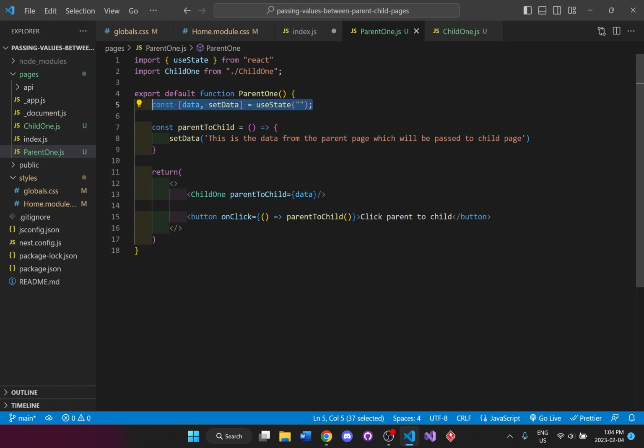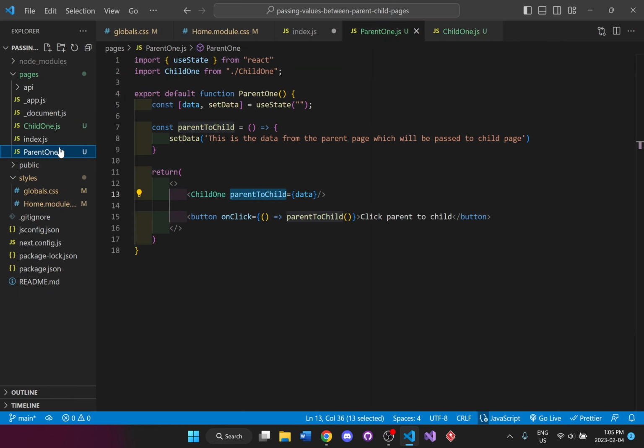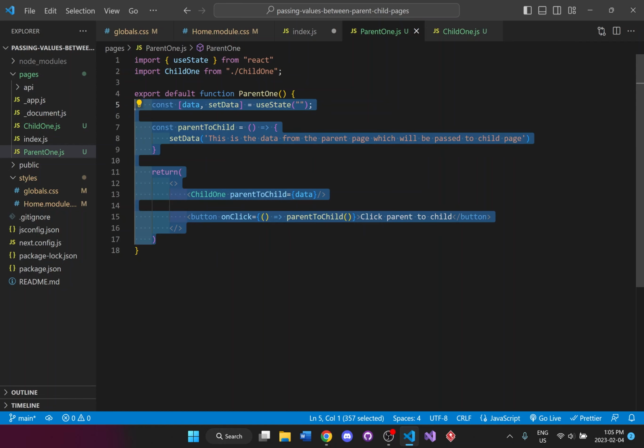And once there's something there and it's not empty, it'll be passing it to the child1 page, and it'll just match that exact wording, parent to child, and that parent to child. So this one now has that value, and you can now see it on the page directly. Because it's actually being imported, that child page is going to be added to this parent page, so it doesn't need to change pages. You'll be able to see it right away when you click on the button.